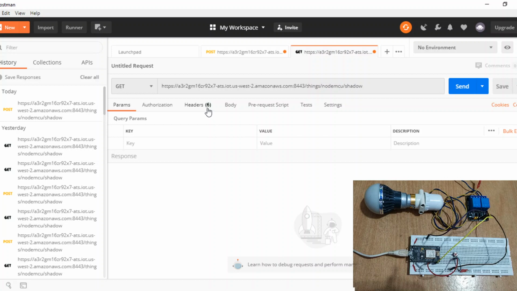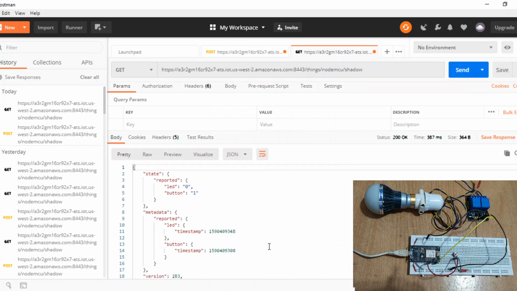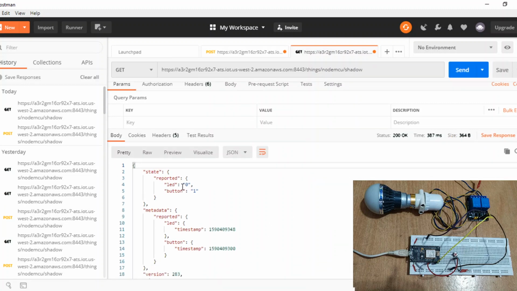So first make a GET request to this API right here, and we can see here that LED is 0 and button is 1 with a timestamp. The timestamp is basically the time when the data came to this MQTT broker of AWS. Fine. So this is the project, and we are going to understand everything from scratch.